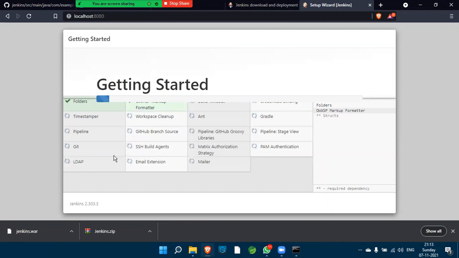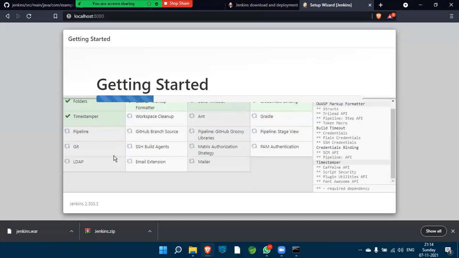Please wait some time. Internally, it is downloading all the plugins related to Jenkins. Jenkins is up and running.